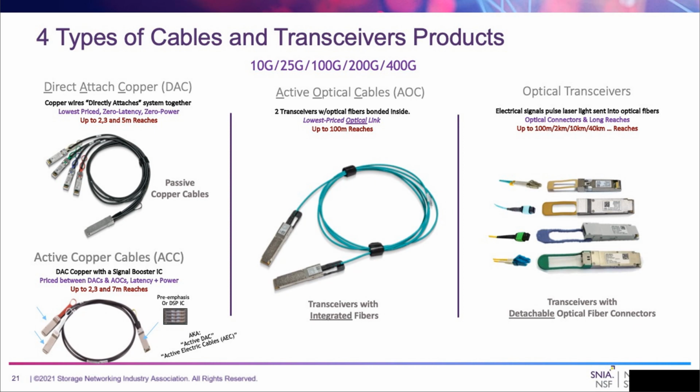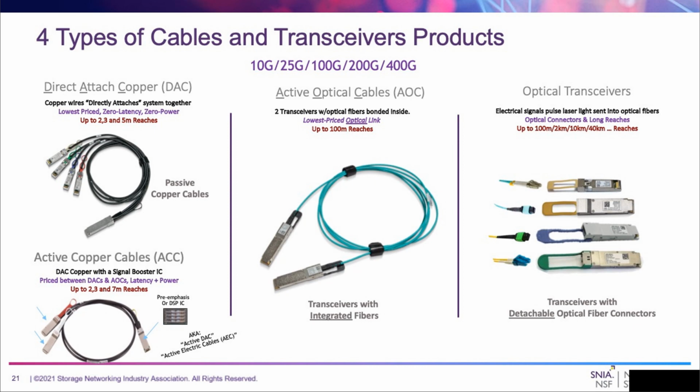You have a direct attached copper, basically wires, maybe an EEPROM inside, very simple, very low cost. But as you go to faster line rates, the wires act more like antennas, and the signal gets radiated into space. So the industry created an active copper cable where we put a chip inside, either a DSP or a pre-emphasis chip of some kind, that boosts the signal. And we get a couple more meters out of it. You can see 5 meters at the top at 25 gig NRZ and 7 meters at the bottom with ACCs,